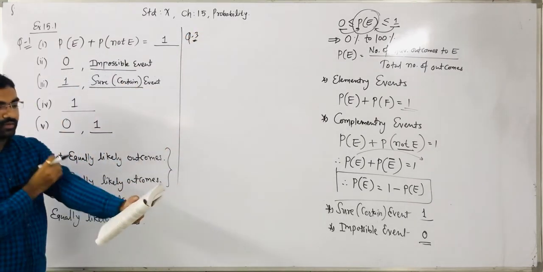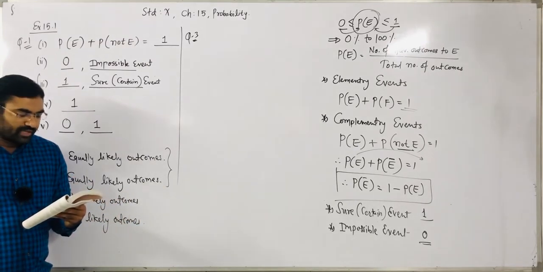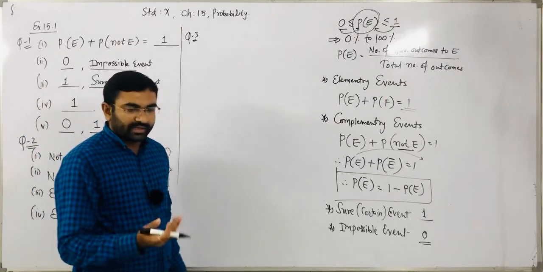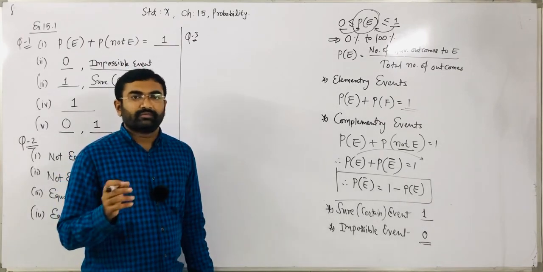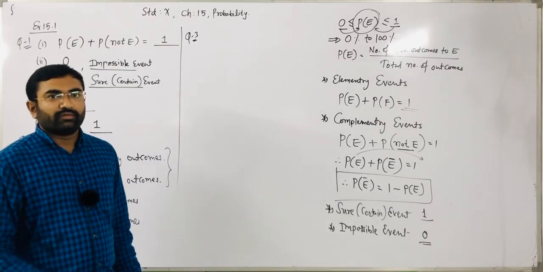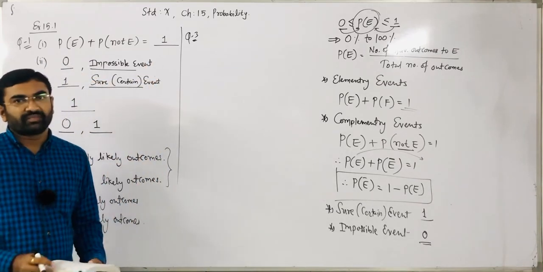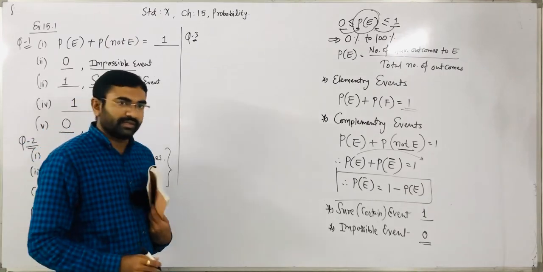Why is tossing a coin considered to be a fair way of deciding which team should get the ball at the beginning of the football game? You all know in a cricket match, in a football game, for deciding which team takes the first shot, right? So we toss a coin. So question number 3 is given. Why is it a fair way? Why is it a fair way? That thing we already discussed in the previous period.